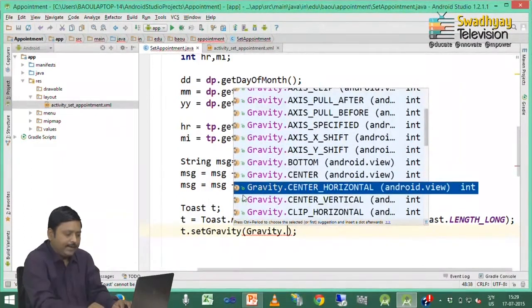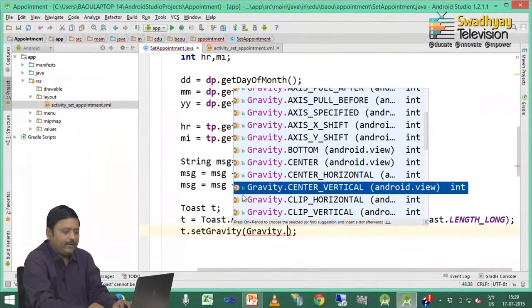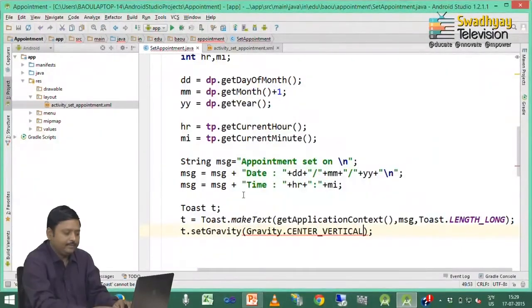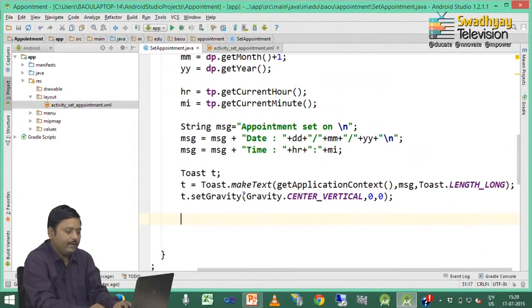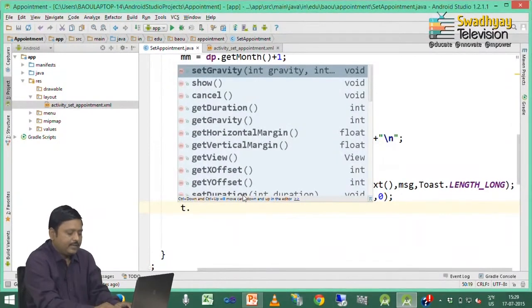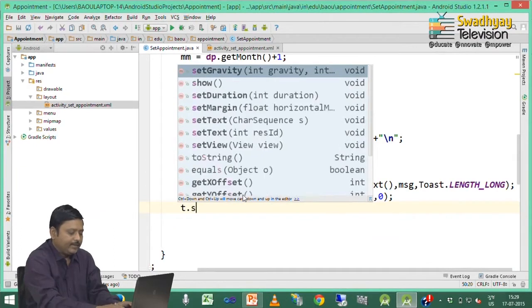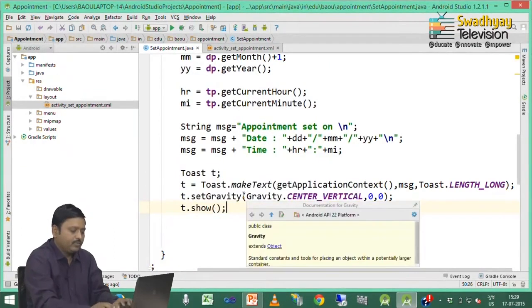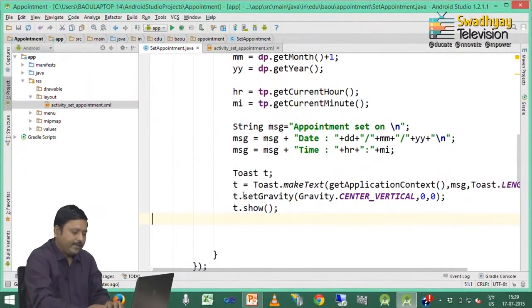So, I am selecting center vertical to display vertically in center, and offset is 0 0. It specifies the distance from central vertical. So, I am setting gravity to display the toast in the center of the screen, and then I should call the show method. So, our code is ready,